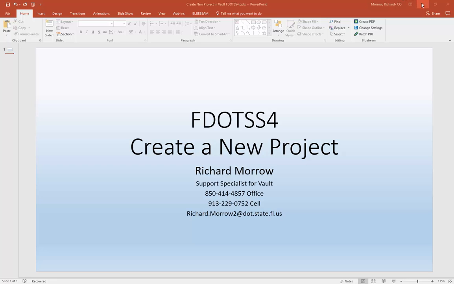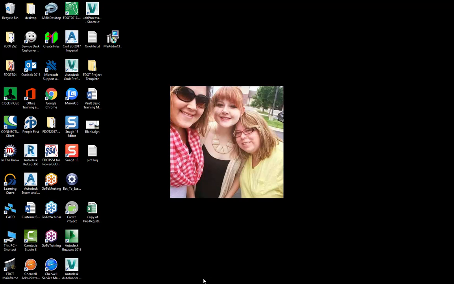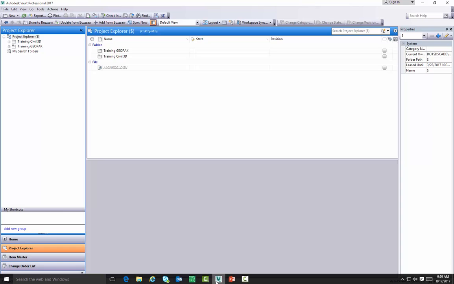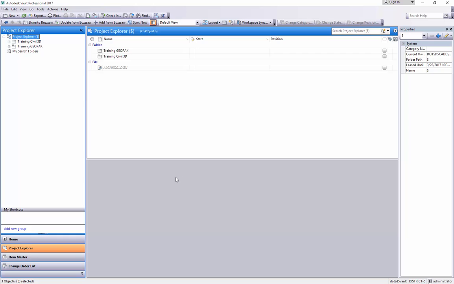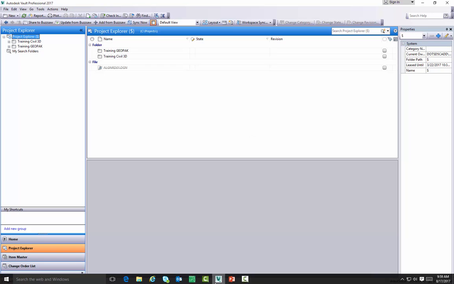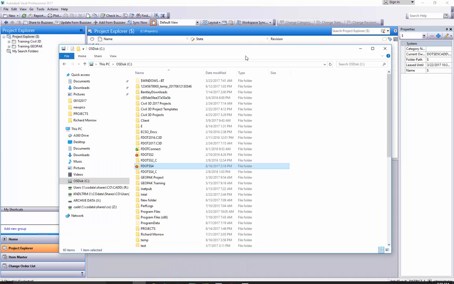So let's take a look at the steps involved to do this. I have my Vault client loaded up here. And in this case, I'm logged in as administrator, which we'll want you to be. And also have that loaded up. And the other thing I have here, if I come over here to my